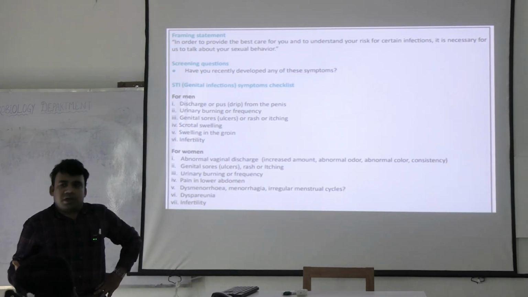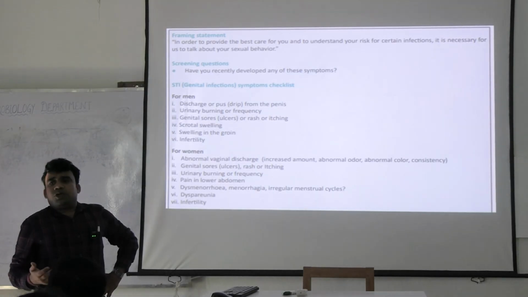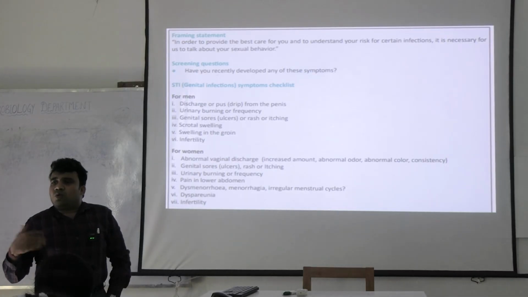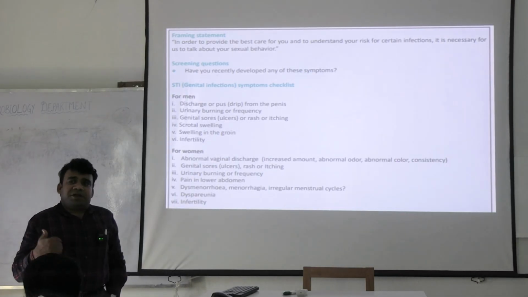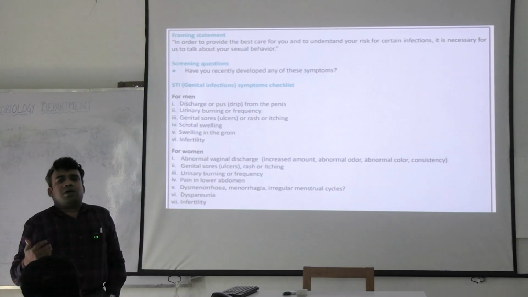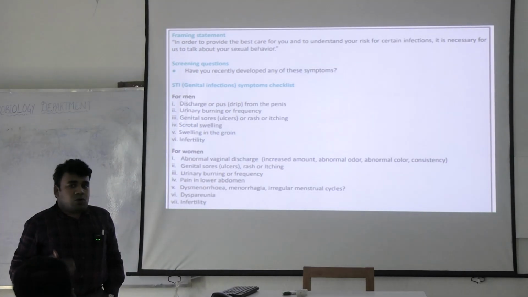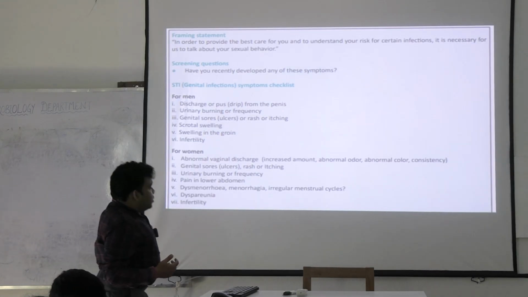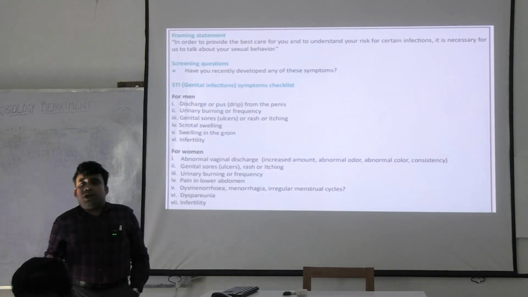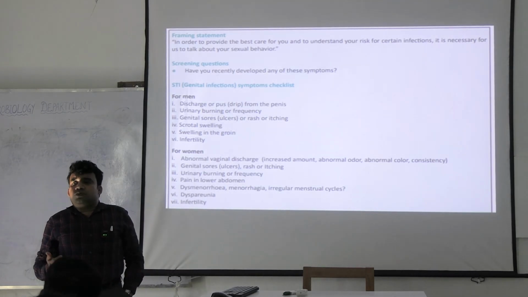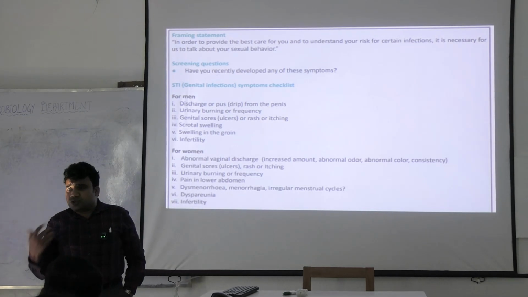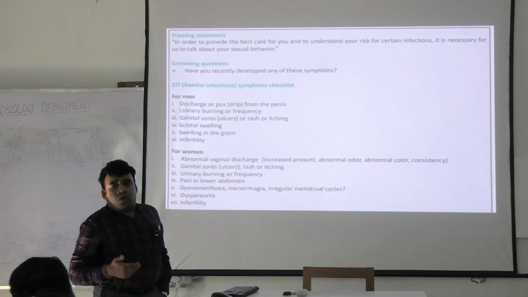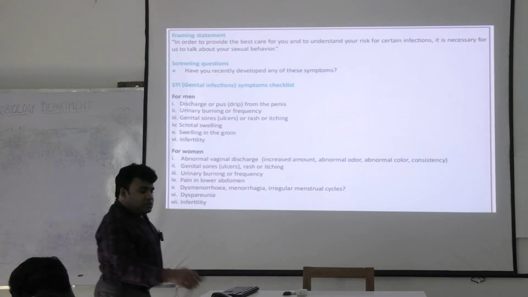The patient may or may not tell you. Why do you need to inquire? For example, pelvic inflammatory disease is generally associated with lower abdominal pain. Sometimes the pain may radiate into the back, and ultimately the woman may only complain of low back pain, not even lower abdominal pain. So you need to inquire about all these things. Furthermore, whenever you are inquiring about discharge per urethra, you need to inquire about whether there is dysuria or not, whether there is any pain in the groin or scrotum in case of males. All this you have to inquire.